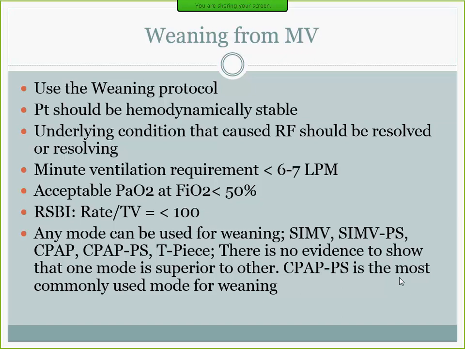And your RSBI, which basically stands for rapid shallow breathing index, right? So how fast you are breathing. And the machine has a way to find out. So if you put the patient on CPAP, it will tell you how fast the patient is breathing and what is the ratio between tidal volume and the respiratory rate, and it should be less than 100. And then, you could use any mode. There was the biggest trial that we still